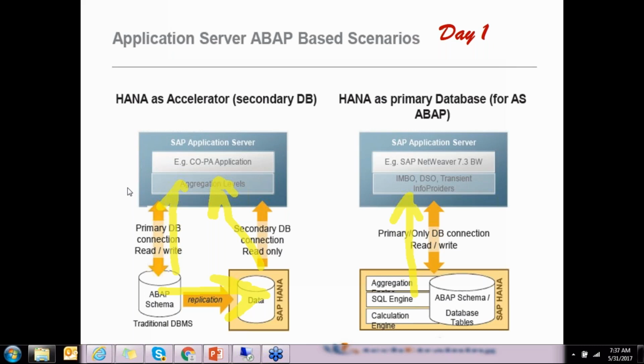SAP HANA has a very bright future in development. See, there is no traditional development in the future. All of it is CDS, ADBC, modeling, AMDP, these only. Fiori, these are all the future. The problem is that a lot of my students who are already working on S4 HANA and HANA projects don't even know the new artifacts. They are following the traditional approach for all entities. That is a very wrong approach.